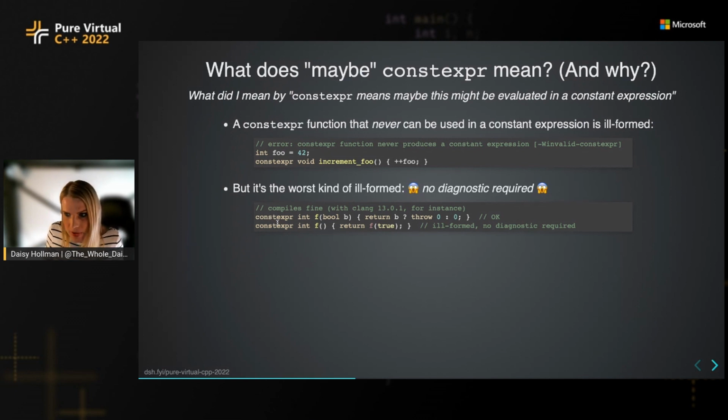And the standard says this is ill-formed, no diagnostic required, which is terrifying and a big problem. And actually, we're working on fixing that in this particular case. But it means that this program compiles fine, which means that this constexpr here literally does nothing. So I guess that's the fourth meaning of constexpr. It's nothing. It makes your program ill-formed,